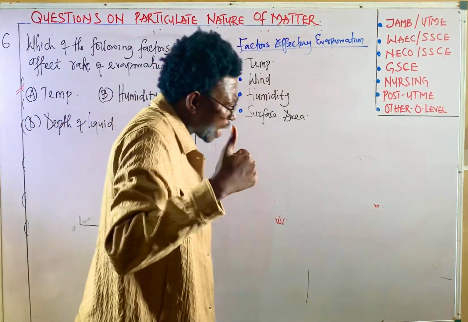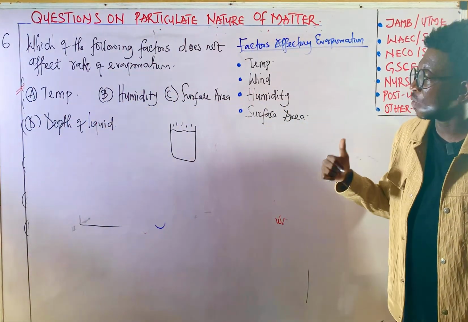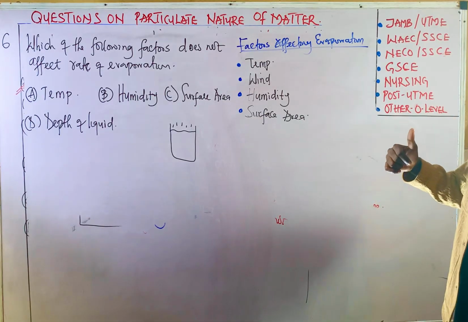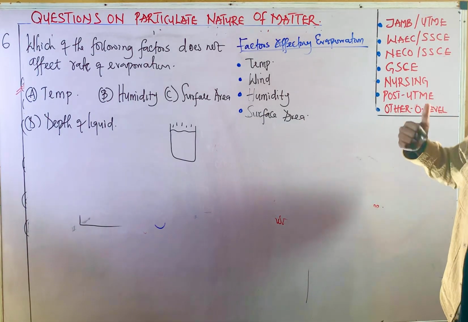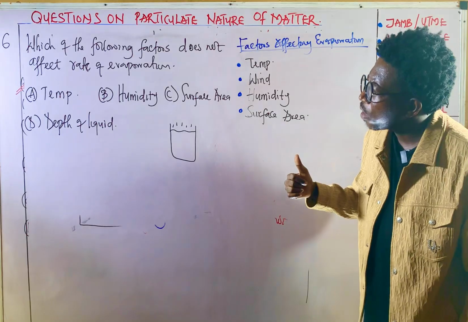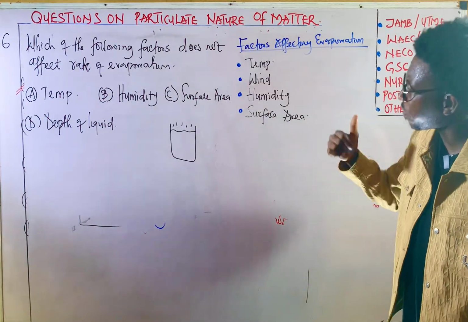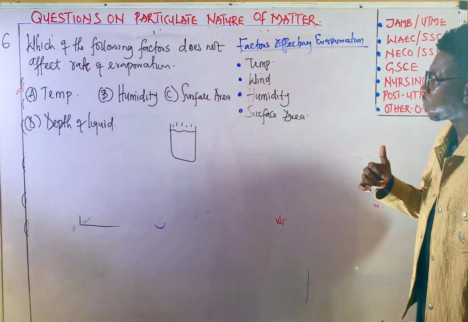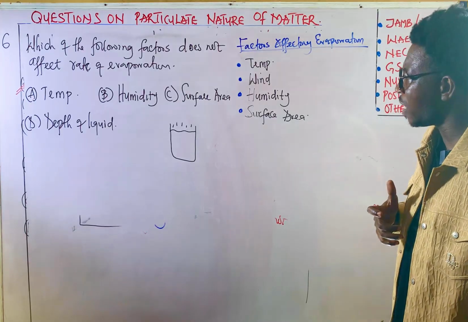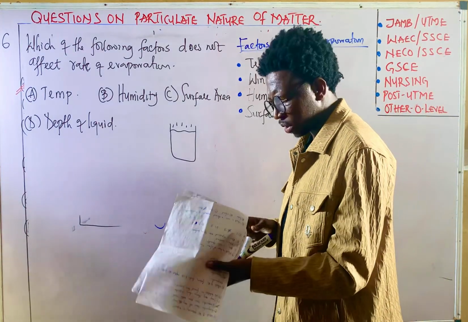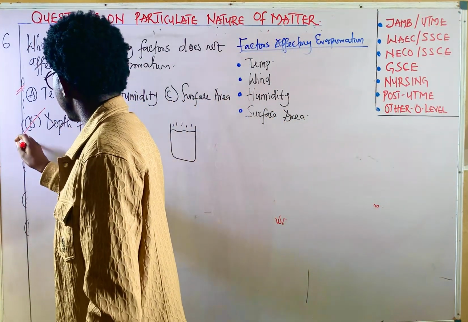So with this concept, we can actually answer this question, right? Which of the following factors does not affect the rate of evaporation? Temperature affects, yes. Humidity affects, yes. Surface area affects, yes. Depth of the liquid does not affect. So the answer is option